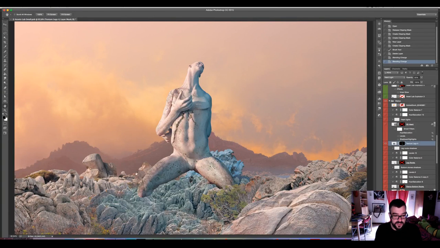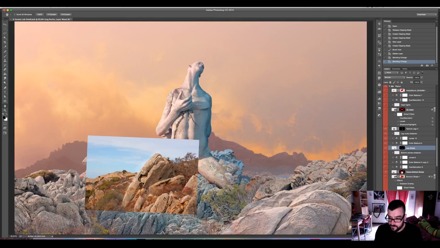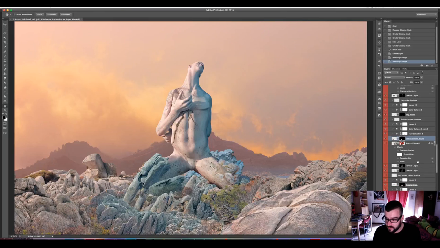Okay, and now I'm going to integrate the figure by adding some rocks here and there. This is painted using the color themes from the Adobe Asset Lab. Once again, these are the cast shadows. Again, see, it's not black.